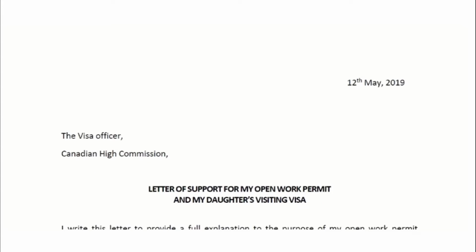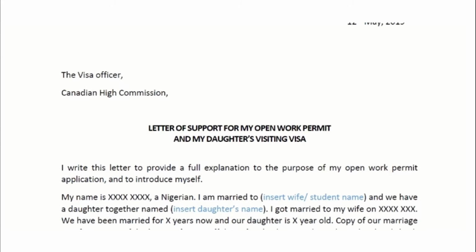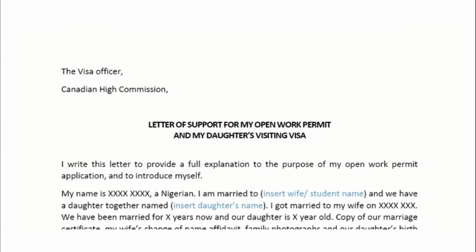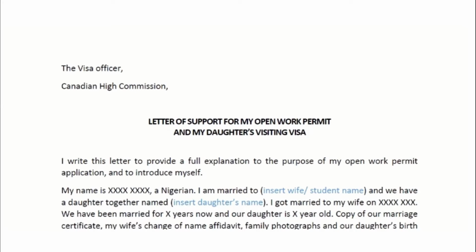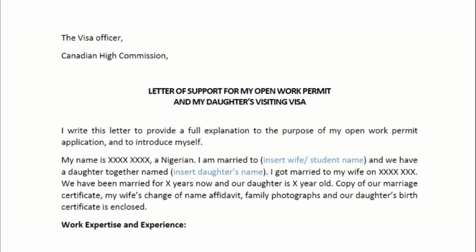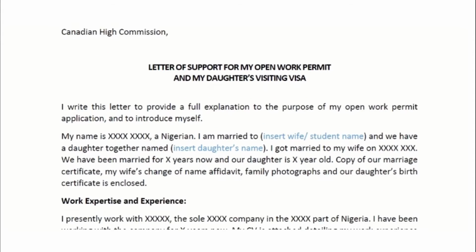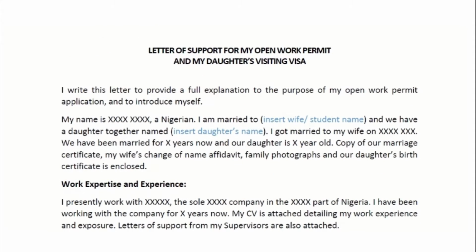So remember, my husband is the one writing this. So the spouse is the one that should write this letter. Even if you, the student, are the one that actually wrote it, make sure you write it in the voice of your spouse. And in our case, we both wrote it together. So it's important you let them know that it's the spouse writing this letter. So I write this letter to provide a full explanation to the purpose of my open work permit application and to introduce myself. My name is ...